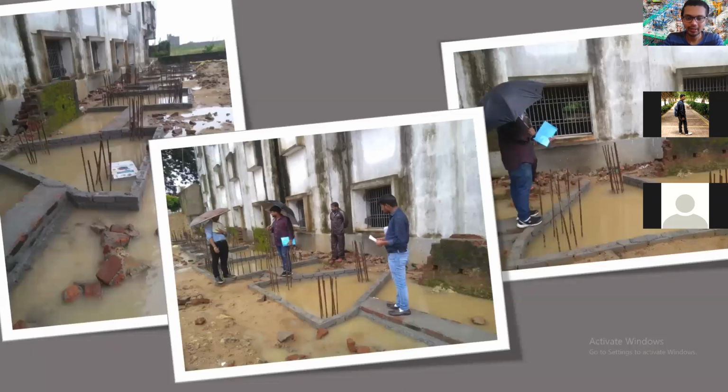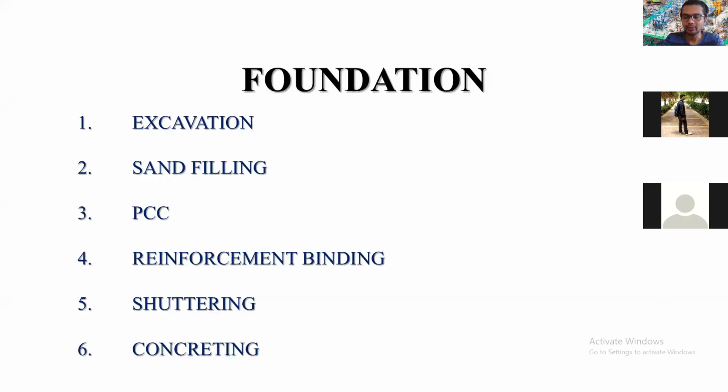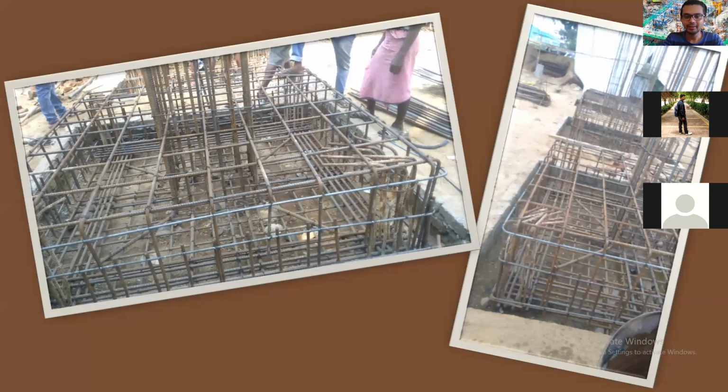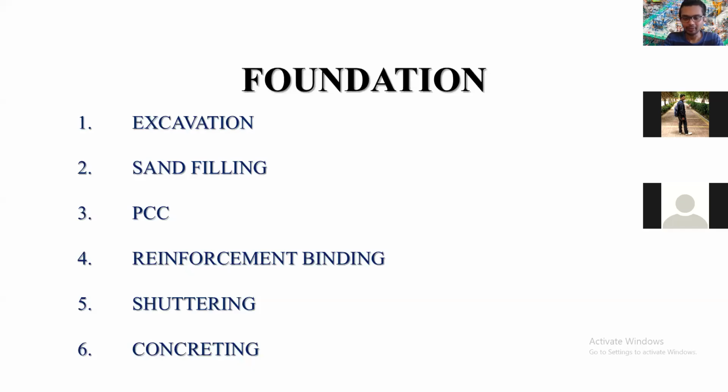PCC, plain cement concrete, we had discussed. It is used below the foundation and below plain beams, and in this case it will also be used below the grade beam. The reinforcement binding we also discussed, and we showed you the structural drawings of the footing and some points to consider at the site. You should check whether the cover is given properly, and whether the reinforcement binding is done as per the structural drawings. Now, after calculating the quantity of reinforcement, you can calculate it for any footing after seeing the drawing.